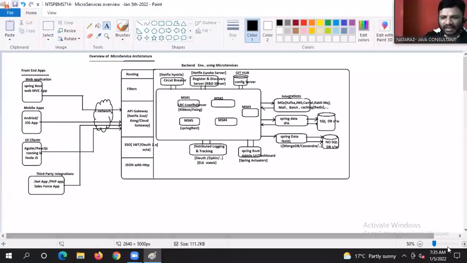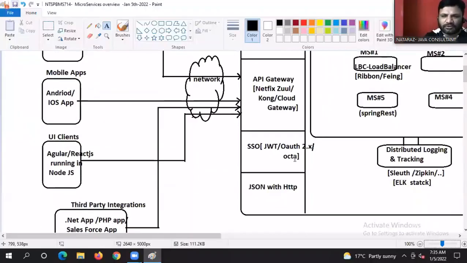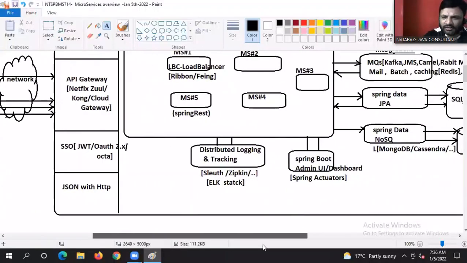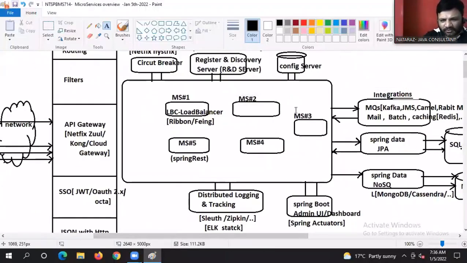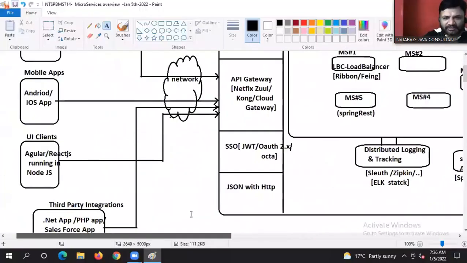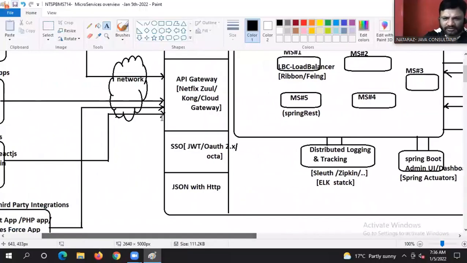A few services I will introduce dynamically. Every microservice will be exposed to the registry and discovery server, and from there interactions will happen. I will write some points, guys. Don't worry about that.